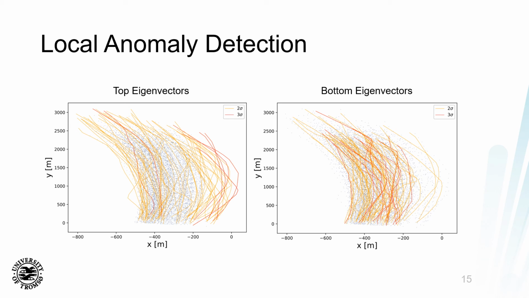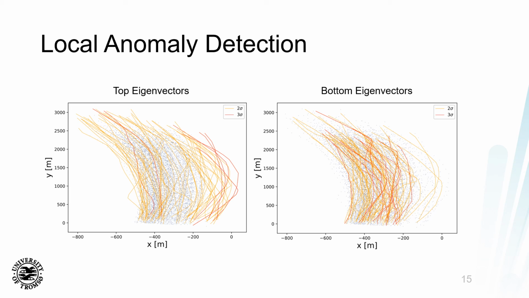Now, on the other hand, it's also been found useful to identify anomalies by investigating the bottom eigenvectors. So these are then the eigenvectors of the covariance matrix with the lowest eigenvalues. In these directions, actually, we should expect that the data is very compact, that there isn't that much variation. So it's been found that investigating these eigenvectors as well facilitate anomaly detection quite well, because then if you have representations that deviate significantly from the very compact structure, they're most likely